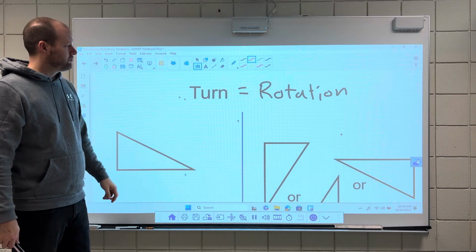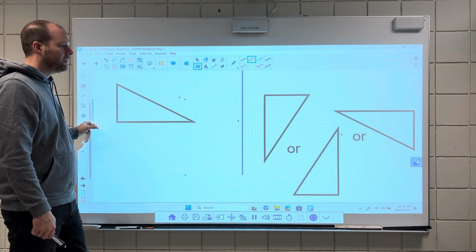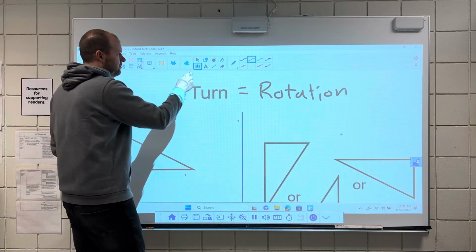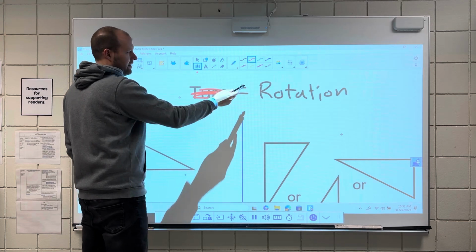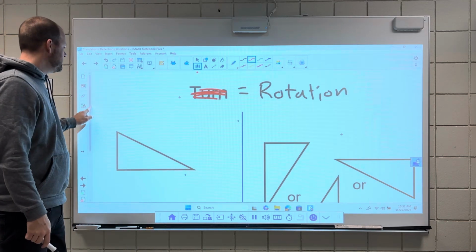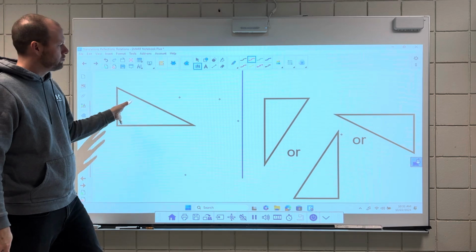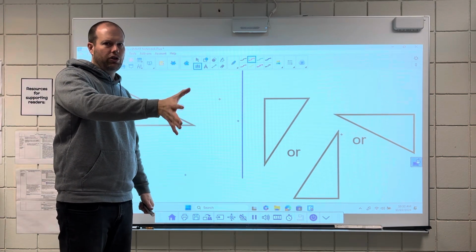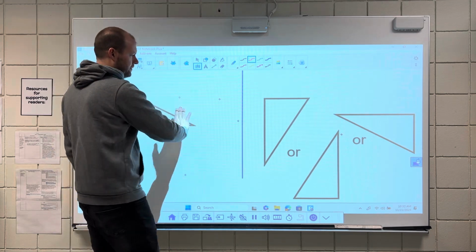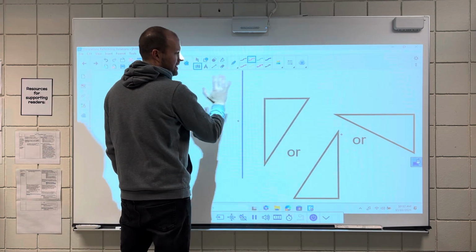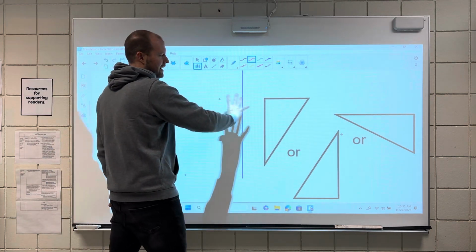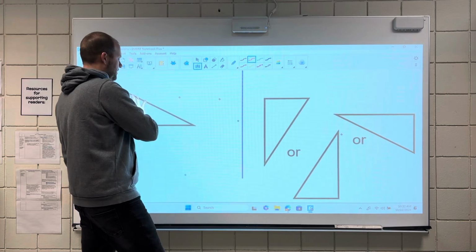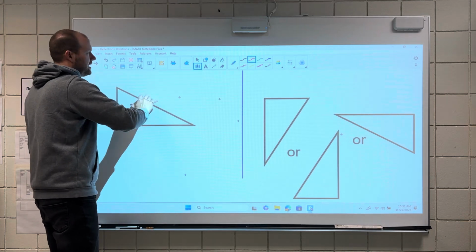And the last one is a rotation, or a turn. Again, we're going to focus on the term rotation, taking that shape and rotating it. So we're keeping it on the table, we're just turning it a little bit. The reflection actually flips it up and takes it off the table. Translation is sliding it on the table. So this, again, rotation is taking it